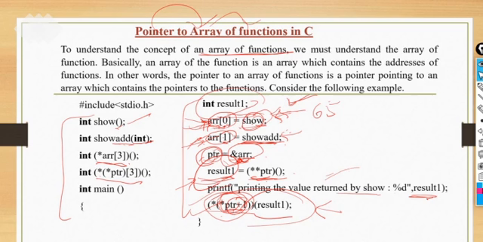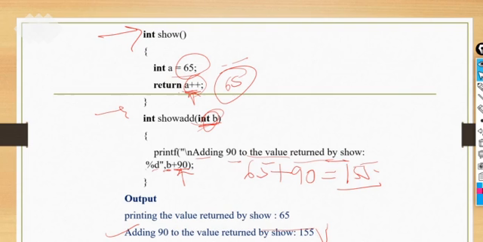So it was all about the pointers concept. In the next lecture we will discuss strings: how you can use strings with arrays, how you can use an array of strings, and how you can use an array of strings with the help of pointers. It will be the last topic according to your syllabus. After that we will discuss some important questions from your subject, unit wise, from the university exam point of view, so that will help you in revision also. So in the next lecture we will discuss the last topic of your syllabus: pointers to array of functions, array of strings, pointers to array of strings.